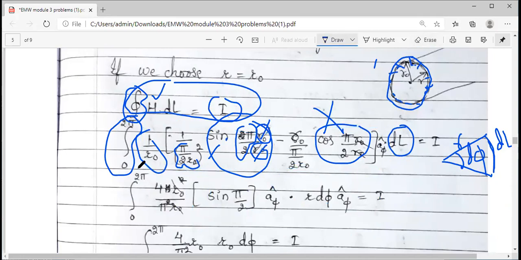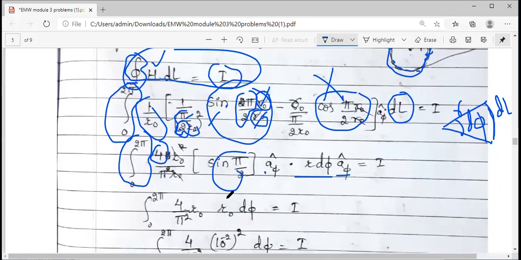Further simple integration and simplification, 0 to 2 pi. You have pi square, then R equals R naught square. This is a 2 square, so the denominator has come to the numerator. You have pi square, then sine of pi by 2, a phi, r d phi. If you simplify this further, you will get 4 by pi square, r naught square, because